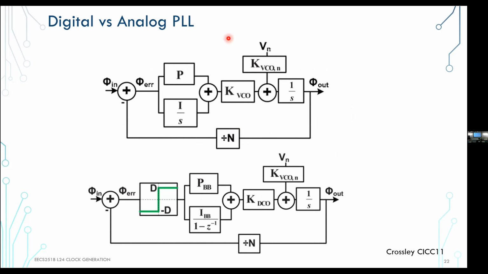So previously, if you look at what we've analyzed in the PLL basic case, we had phi in subtracted from phi out, maybe divided by some factor. Then we had our phase detector charge pump system, which I could characterize